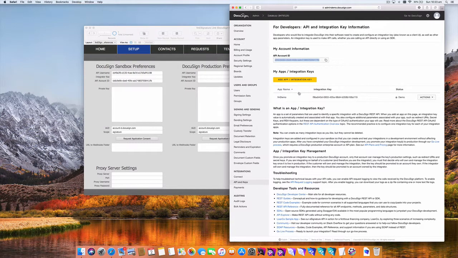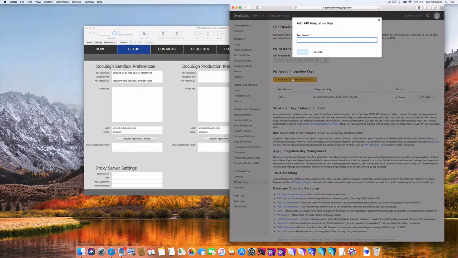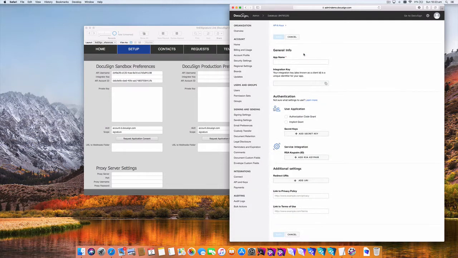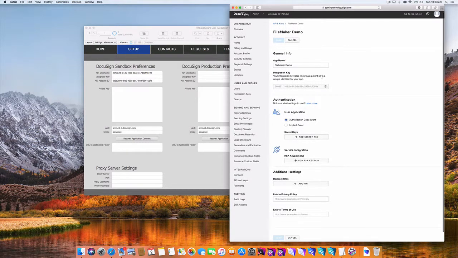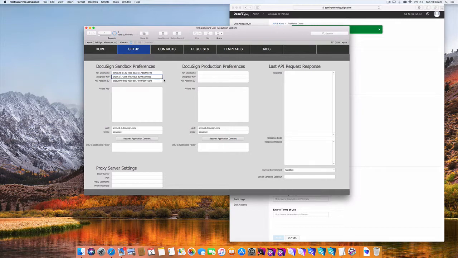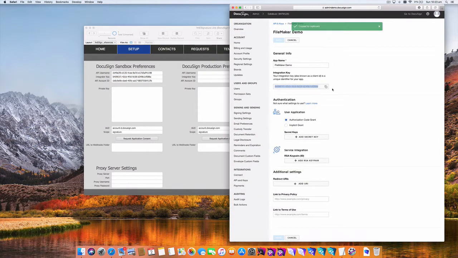Now I've already got an integration set up, but this would normally be blank when you're doing this for the first time, so you just need to click Add App Integration and give this a name. So I'm going to call this FileMaker Demo and click Add, and that's going to create an app or integration for us. So the first thing it creates is an integration key for us, so we're just going to copy that once again, paste that over here in the integrator key field,